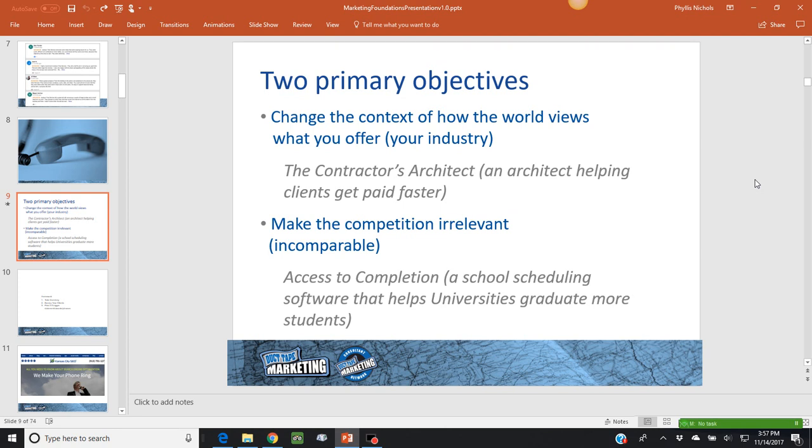So now this software company, instead of calling up a university going, hey, we want to talk to you about your logistics and classroom management, which a lot of other people are in this space, now they can call up and say, you know what, our logistics and classroom management is so great, it actually is going to improve your graduation rates, and you're going to see students graduating more quickly. You're going to see students actually staying on track in their coursework, which is a really big deal. And now, they're basically making their competition irrelevant, because they're telling a different story in essence. So I hope that example helps you.